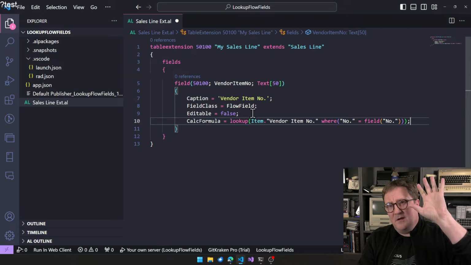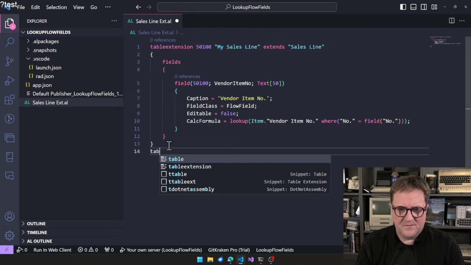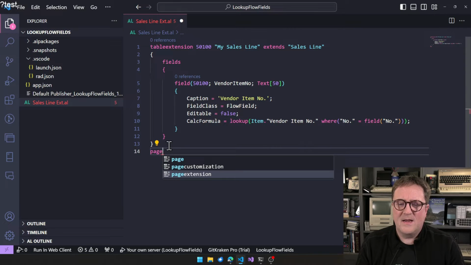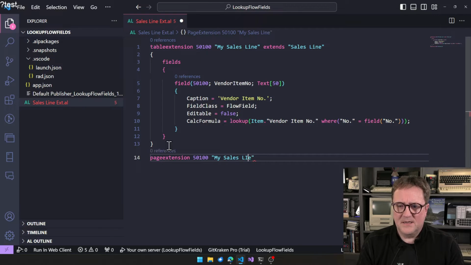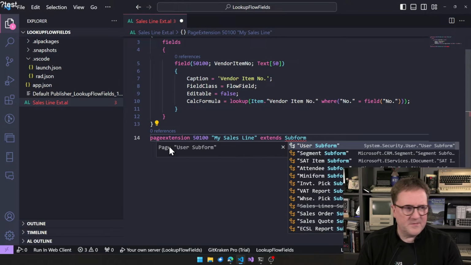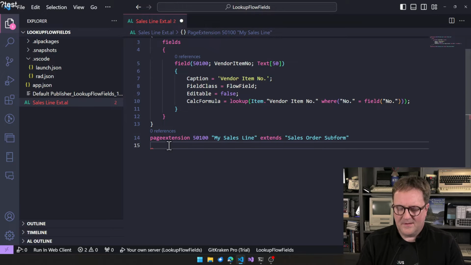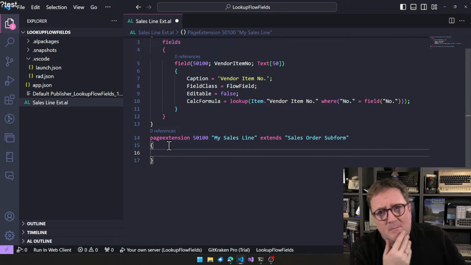So now we added the field to the table, so let's just break all the rules, and we'll add a page extension in the same file here. My sales line again, and this time we're going to extend the, I think it's called subform. That's sometimes the easiest way to locate it. Sales order subform. So in the olden days, before the automobile, no, before